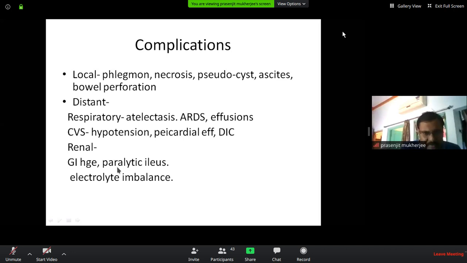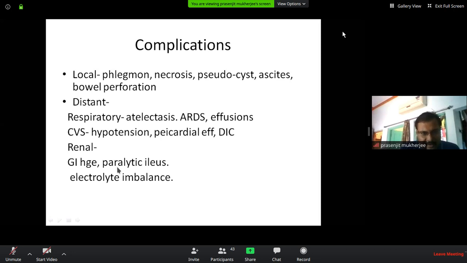There may be pseudocyst formation, and pancreatic ascites, with ductal hypertension resulting in ductal disruption. If this fluid from the ductal disruption is not contained, like in a pseudocyst, what happens in a pseudocyst is there is inflammatory adhesion around the extrapancreatic secretion, resulting in a contained cyst. But if this inflammatory adhesion cannot be formed, the entire pancreatic juice may spill over into the peritoneal cavity, as a result of which there will be pancreatic ascites.